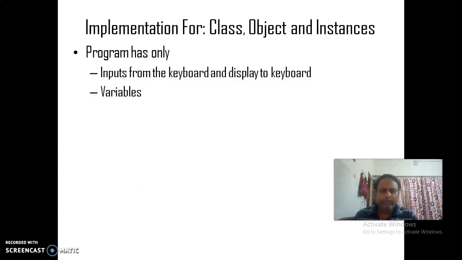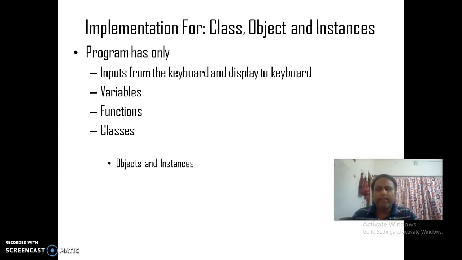The next thing we must have is variables. As we discussed in our second lecture, we must have functions, and we must have classes. In the second lecture we said that writing a program is a game of variables and functions. But if we are dealing with object-oriented programming, then we must have another construct, that is classes, as we discussed in the third lecture.